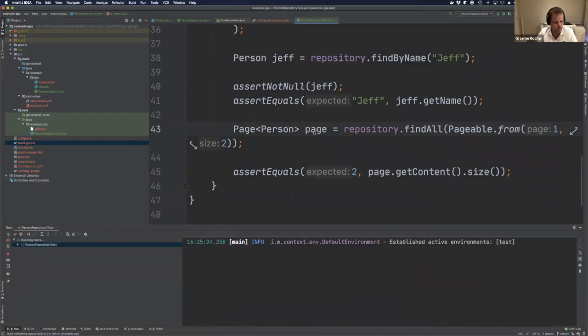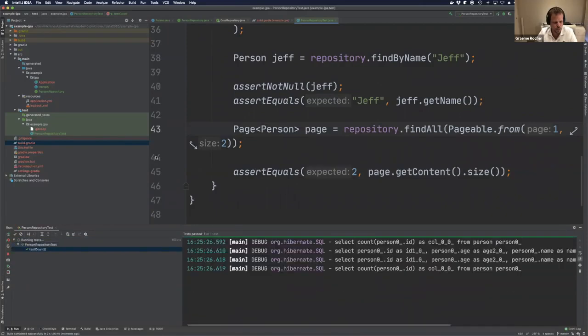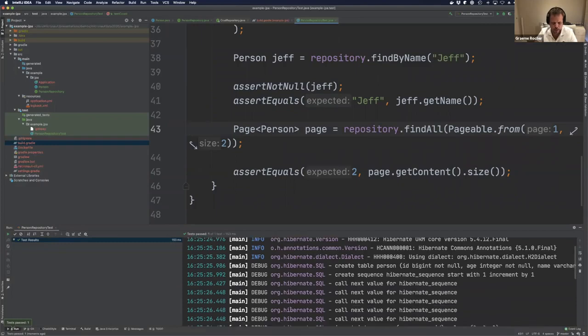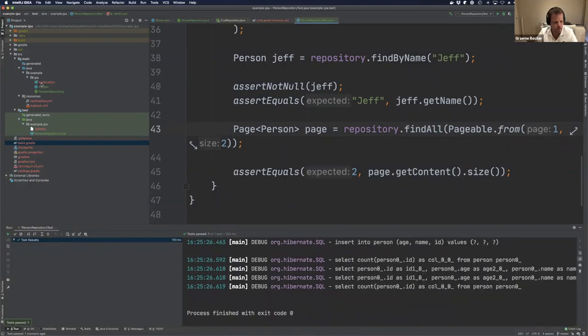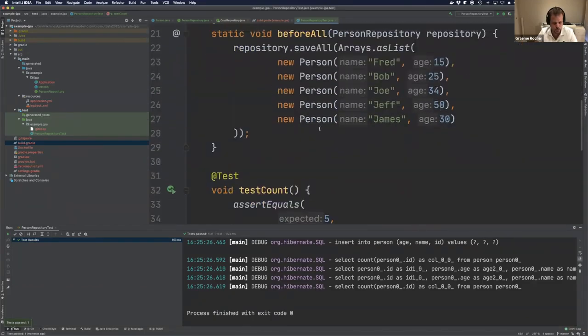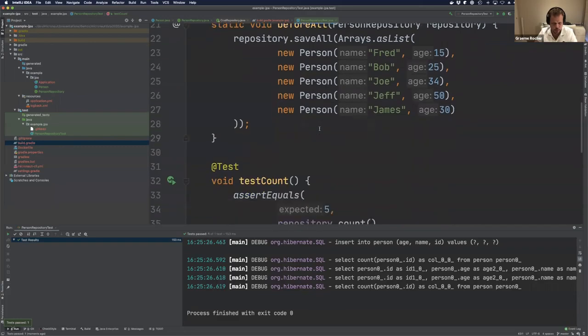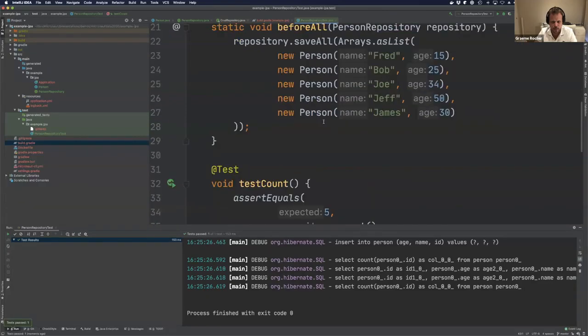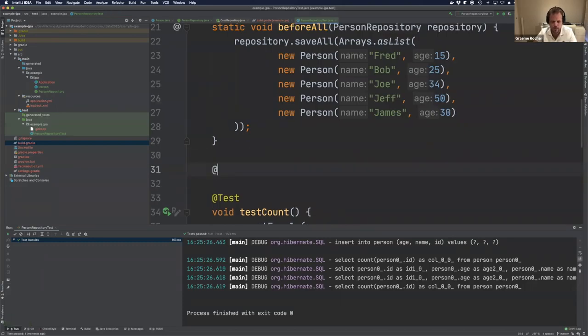So that's a brief introduction to Hibernate JPA. Obviously you can see as well that the tests execute fast, and critically, one of the differences between this solution and others is that each method is actually computed into the bytecode at compilation time, and you can actually see that as well if I just